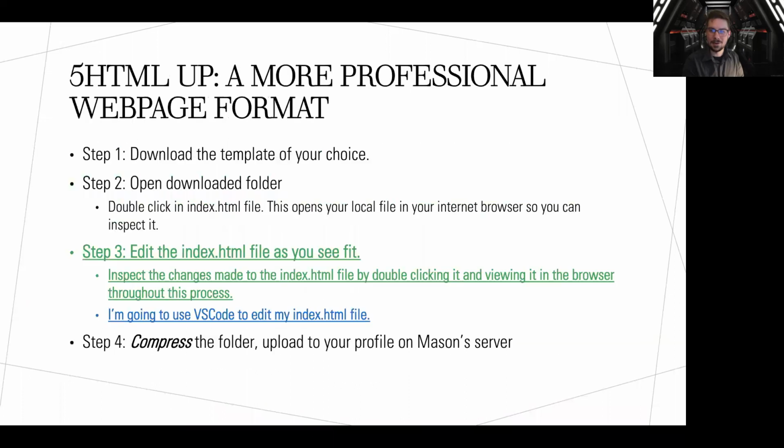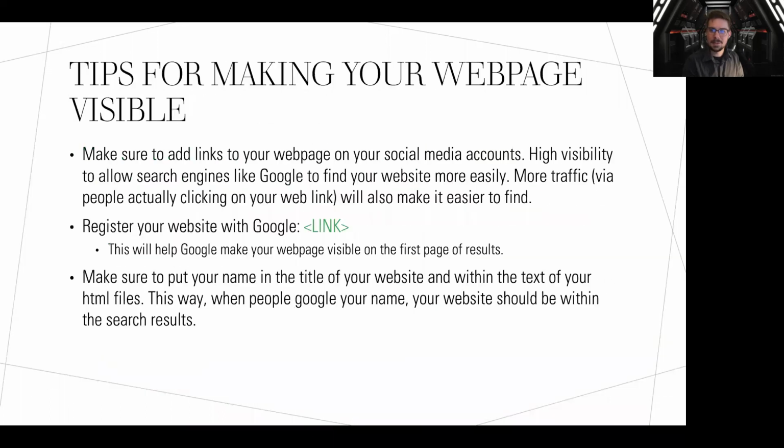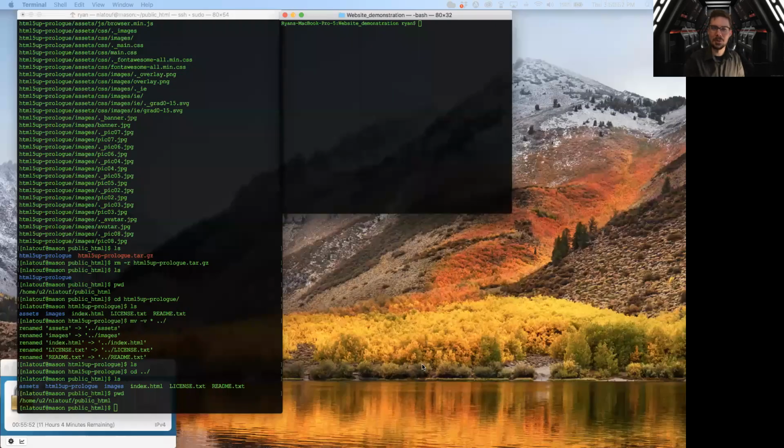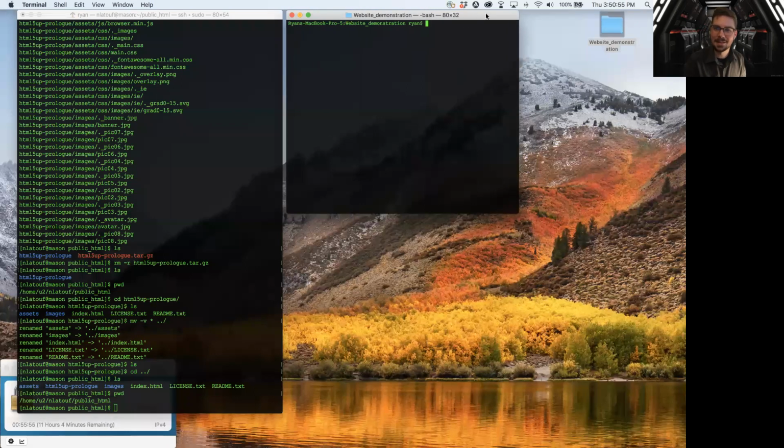But let me go back here more to the point. What am I doing? I'm scrolling through my slides. So I'm going to get back to my desktop. Yeah, let's do sudo secure copy -R HTML, and then